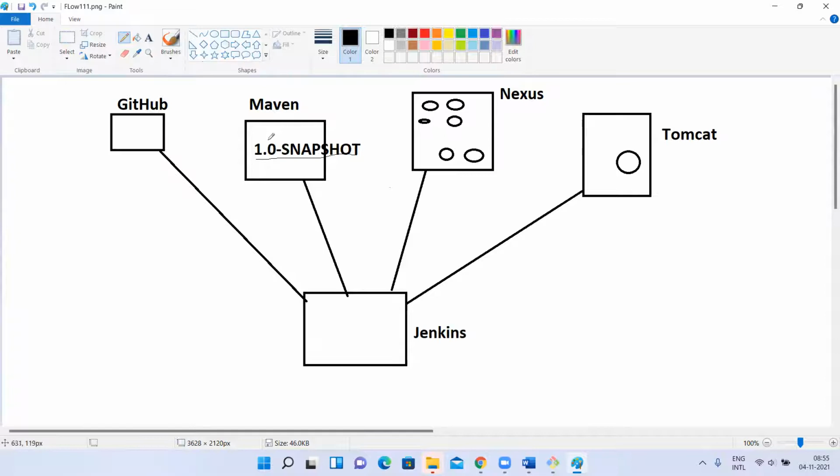So my Maven will generate an artifact with this name and upload it here. Now my source code has been modified, but I'm not modifying the version. I should change it to 1.1, but I'm not changing it, because I'm following a different strategy for small changes. So with the same name and the same version, it will generate one more new WAR file with the same name. Now I'll try to push it here.